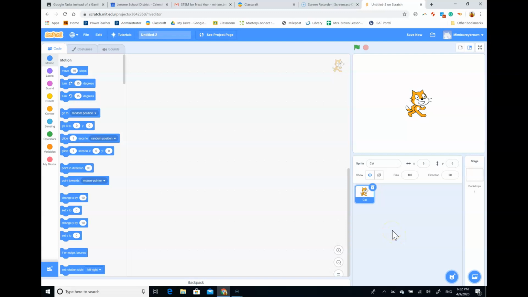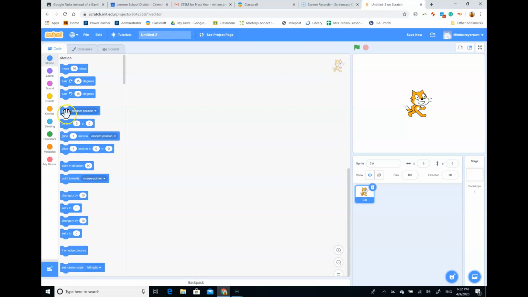All right, the next thing we need to do is write some code to make this cat move, because if the characters in your game don't move, you've got serious problems. All right, so we want to be able to move this cat using our mouse pointer. So we're going to go over into our motion blocks because we're talking about movement, so we need a motion block, and we're going to hit,